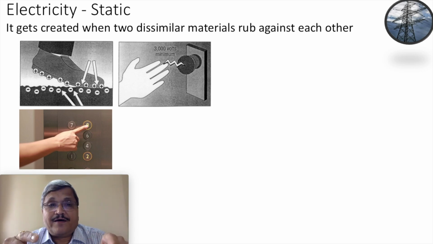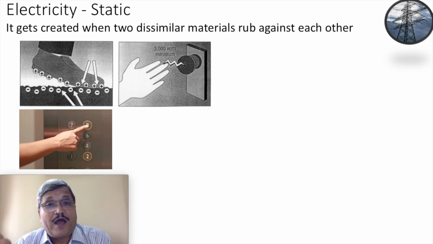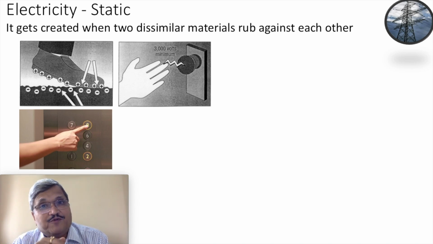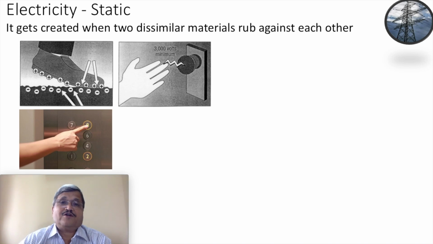So you do not experience this problem during the rainy season because the air is moist around you, and so your body charge gets discharged easily through the air also. But in winter, when the air is dry, it is not conducting. Therefore, the charge remains on your body. And your pet, the furry pet, if you have one in your house, will receive a shock from you because you have developed that much positive charge on yourself, because of the winter wear as well as the rubbing action on the carpet.